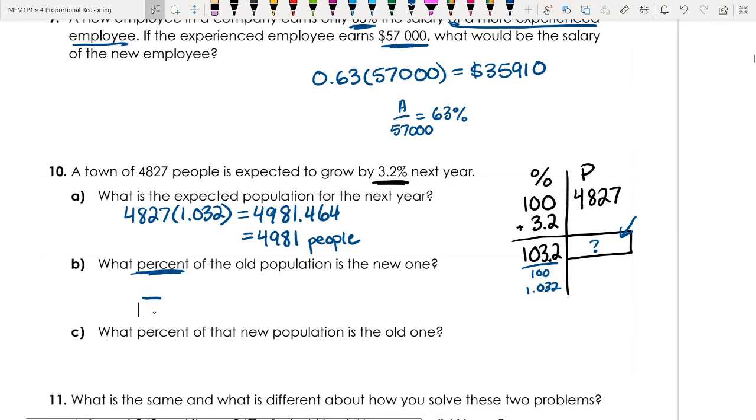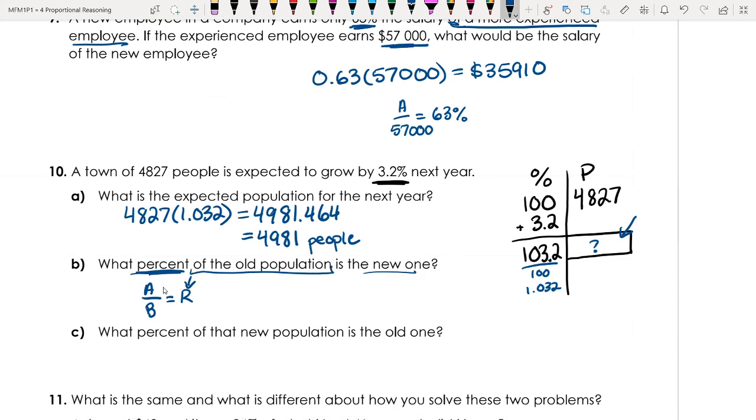So let's draw up amount, base, percent, rate. That's what we're trying to find. We're trying to find the rate. Do we know the amount? Yes, we do know the amount. It says what percent of the old population